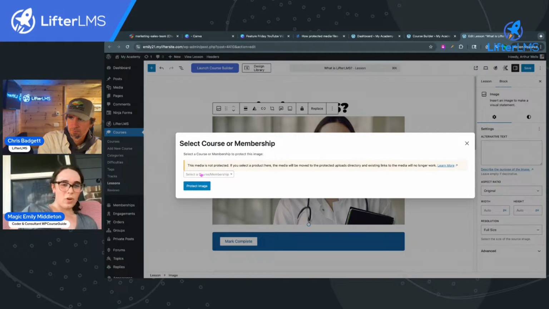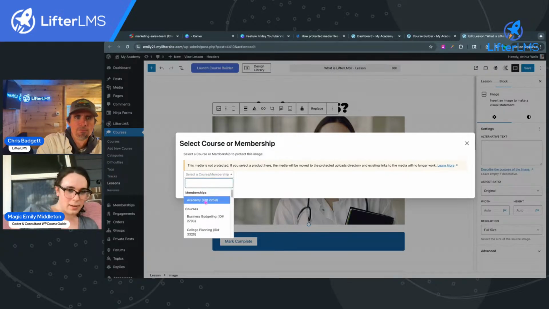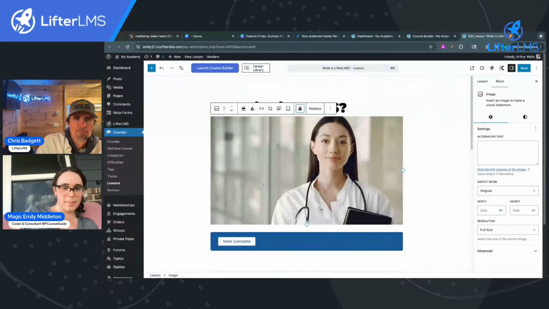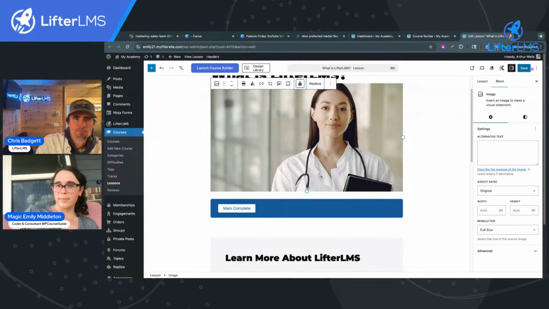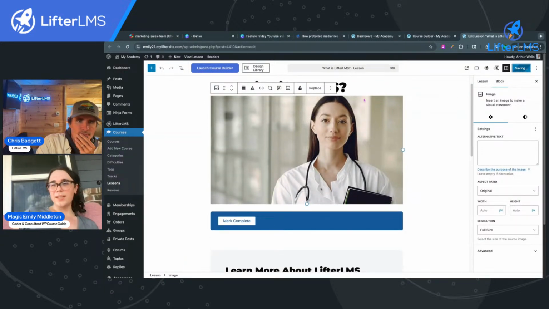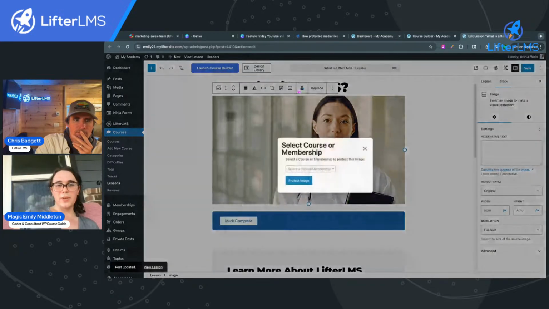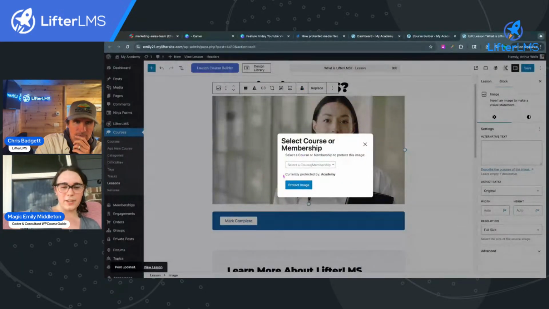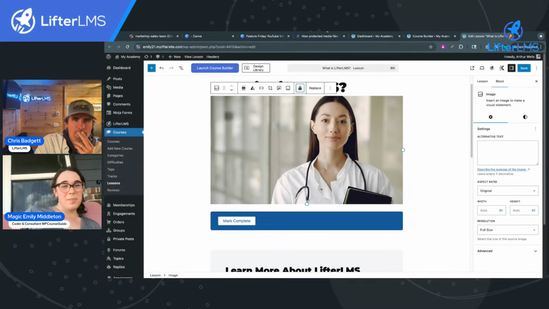So when we have a media file protected by, let's say, a membership, save the change, give it a second to save, and then we check the security for this file. We'll see that it is currently protected by the Academy membership. WordPress admins can view any files on a page, regardless of their protection. So when you're looking at it as a WordPress admin, remember that. And then also,